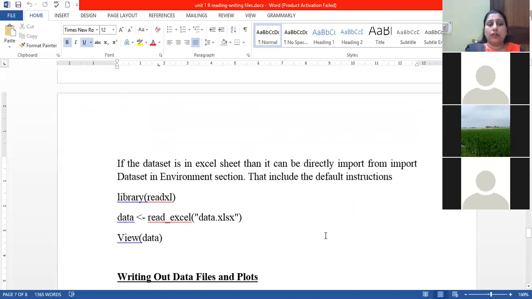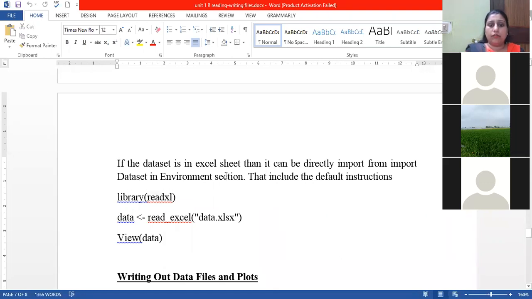One more way of reading Excel is the same way. In the environment section, you can go for the import dataset tab, where you can read the Excel file directly. How do you read it? By default it will include a library function, and that is readxl. As I told you, whenever you want to read Excel, you have to include a certain library or package, and that package is readxl.